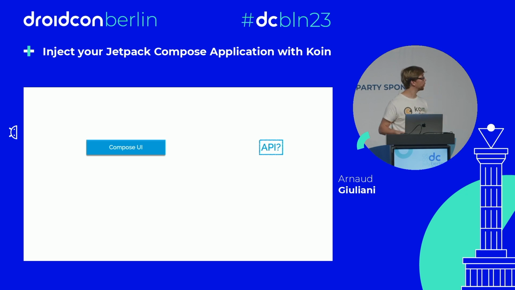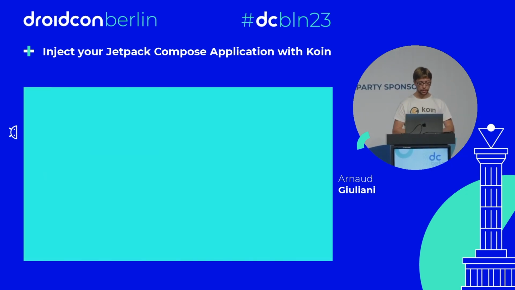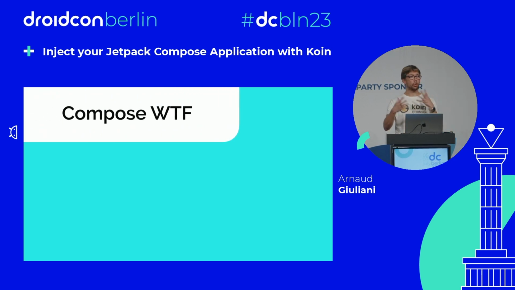We have a Compose API, and here you have to do something else. We can't use the API directly, you know. And also, what do we do with the presentation layer? What kind of presenters, view model, stakeholder, whatever injection do we need here? Let's go inside that. Let's try to understand a bit more about Compose, okay?